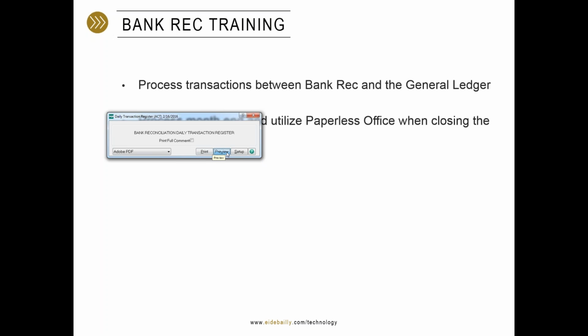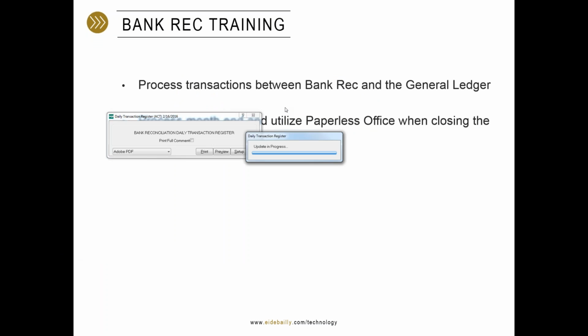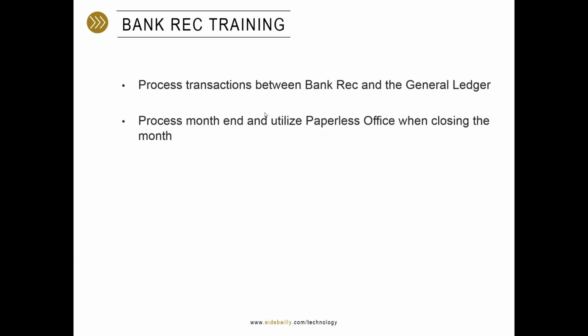And please remember that when you preview a journal, instead of using print with paperless office, it does not create that paperless office document. So again, this is just our daily transaction register where it's going to post this transaction to the general ledger. And update. So what we should see now in our general ledger account,